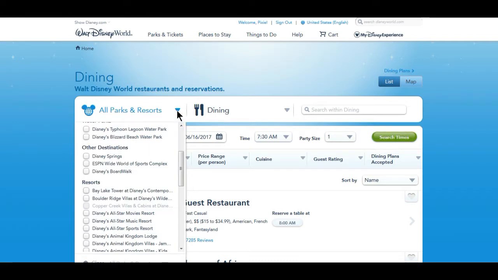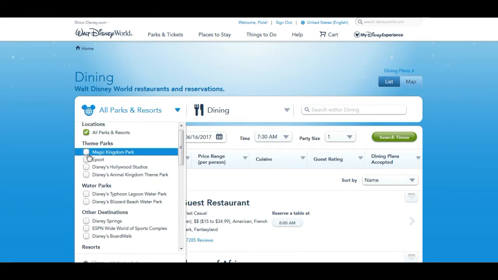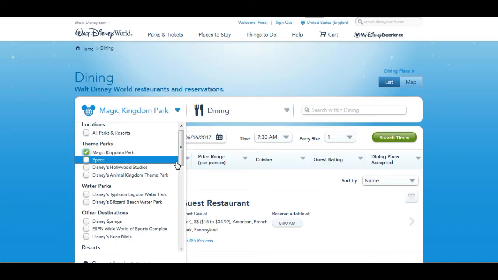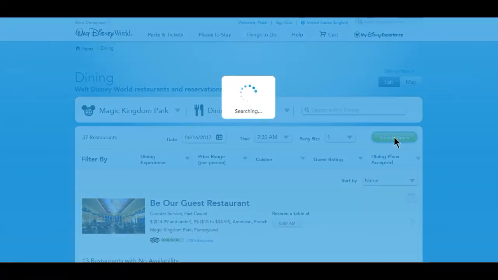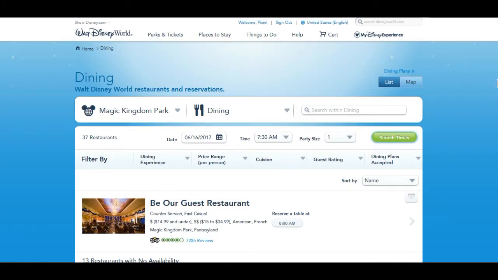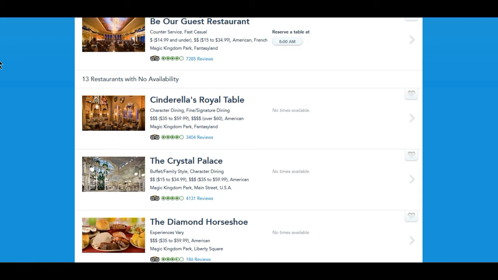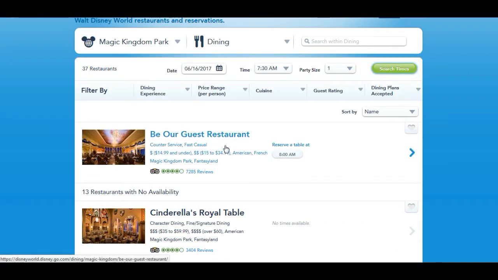If we put the filter in and we'll just say what's available on this day at Magic Kingdom, we want to go for breakfast. Your only option is Be Our Guest. Crystal Palace, everything is sold out. So you really need to have a plan, work out roughly what parks you're going to be doing on what day, and